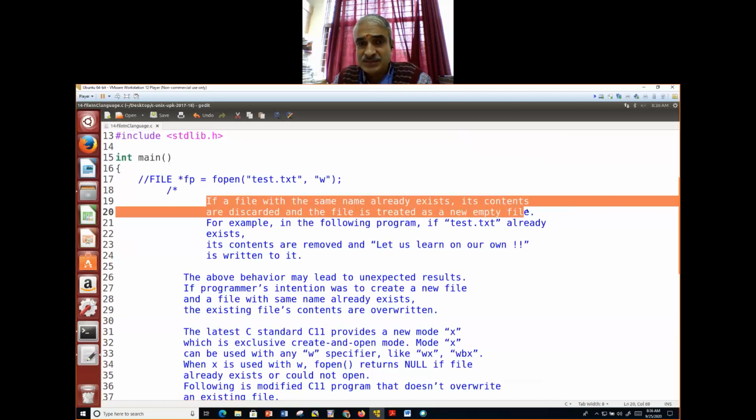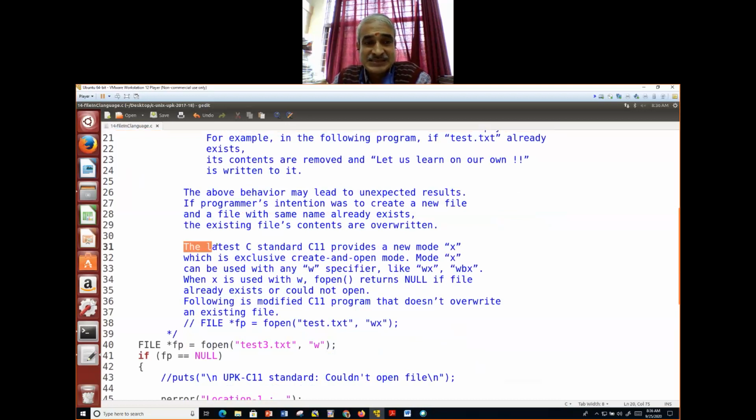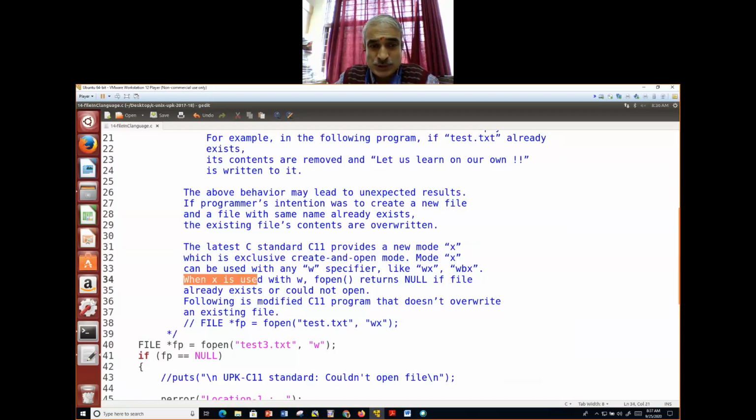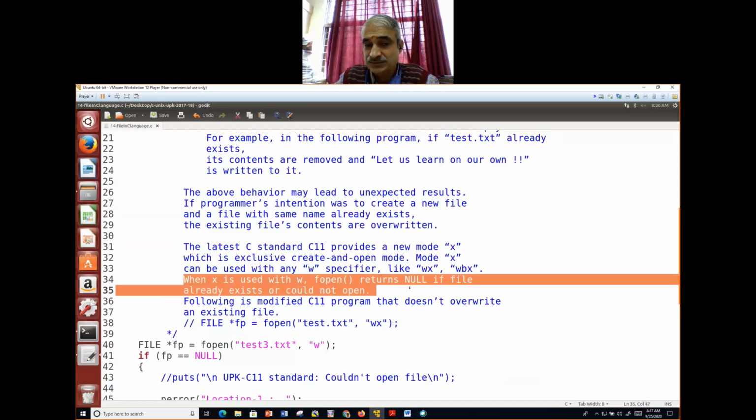This is dangerous if I use it by mistake. The latest standard, C11, provides a new mode x, which is exclusive create and open mode. When x is used with w, fopen returns null if the file already exists. It will warn you. It doesn't make it empty.